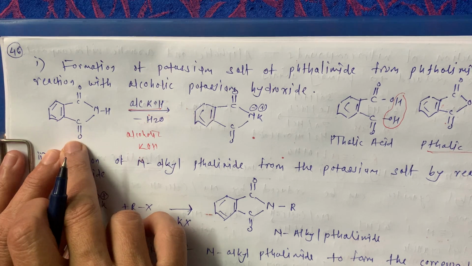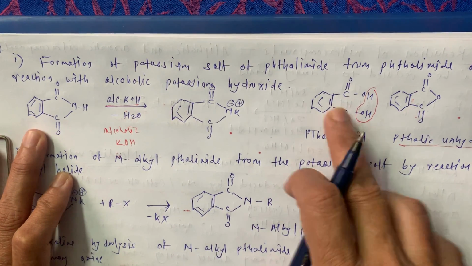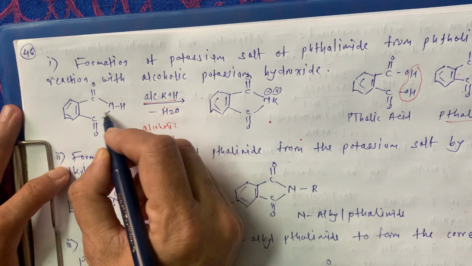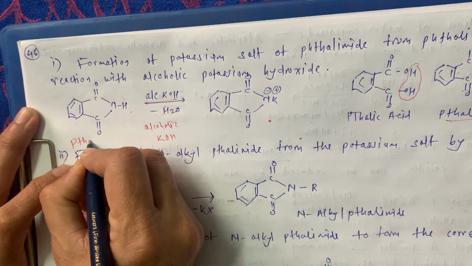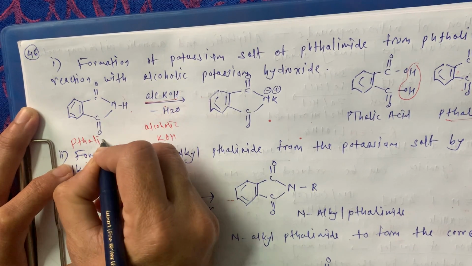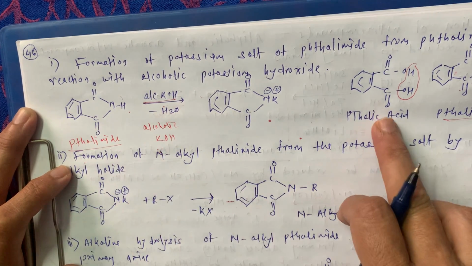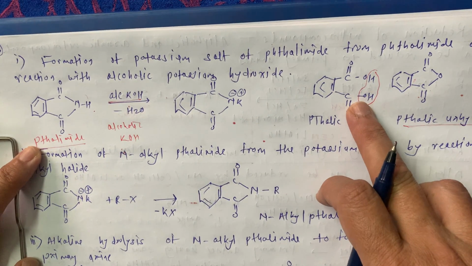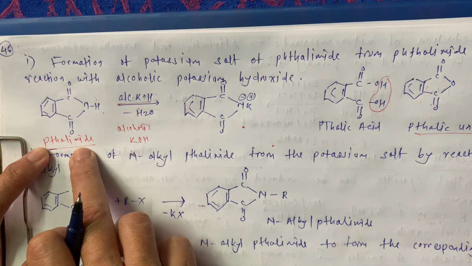Such a compound which we prepared from phthalic acid is known as an amide, since an amide group is there, C double bond O, NH group is there. So this is our phthalimide. Okay, phthalic acid converted into phthalimide. Just try to understand how we get this. So this is phthalimide.